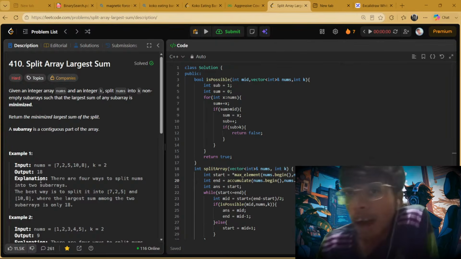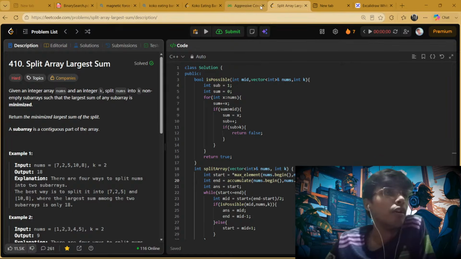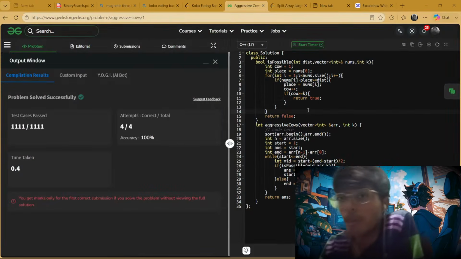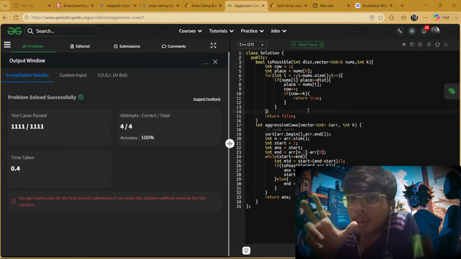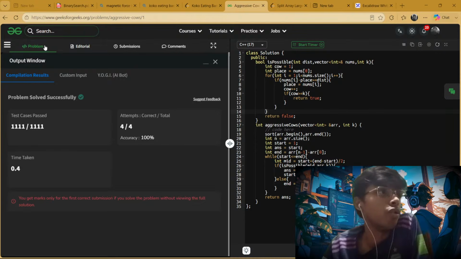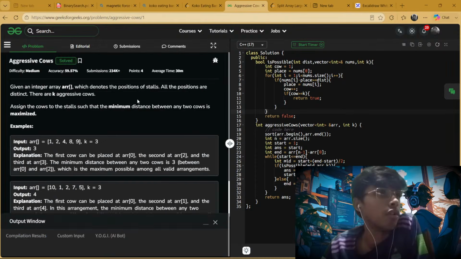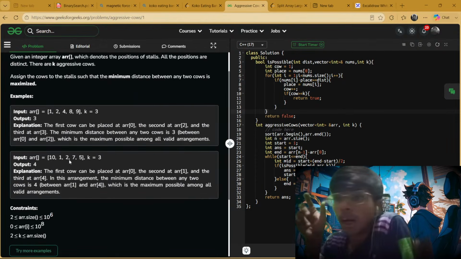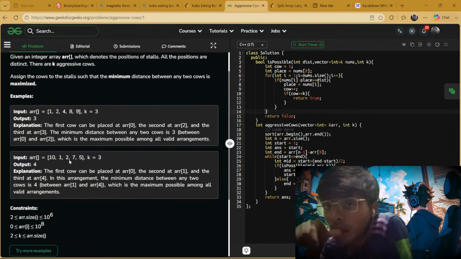Okay, I will explain what is binary aggressive cow. So in an aggressive cow, it is given what we have to do, we have to place the cows. So basically, it is given in the question that we have the stall numbers, right? What it is given is that we have stall numbers, and what